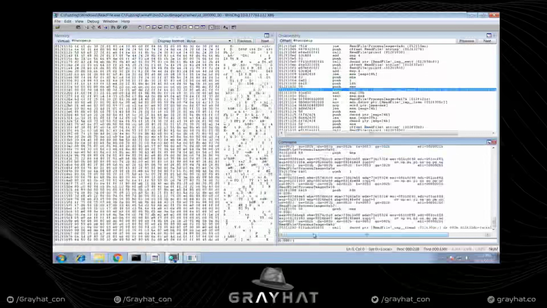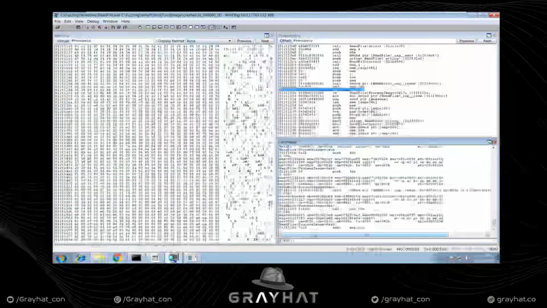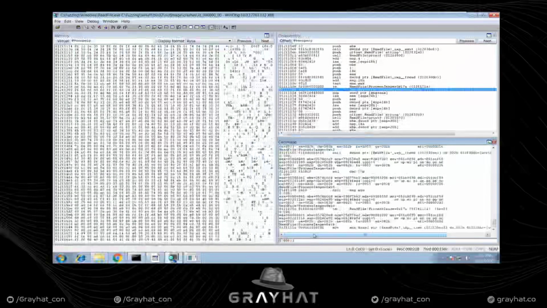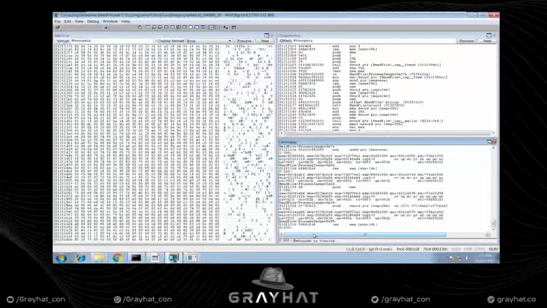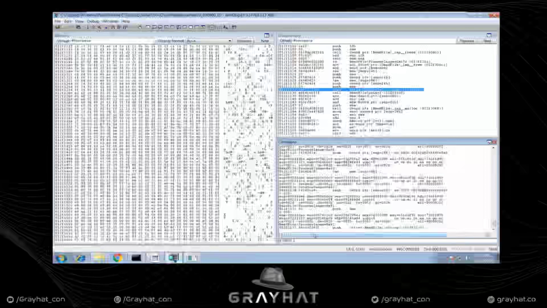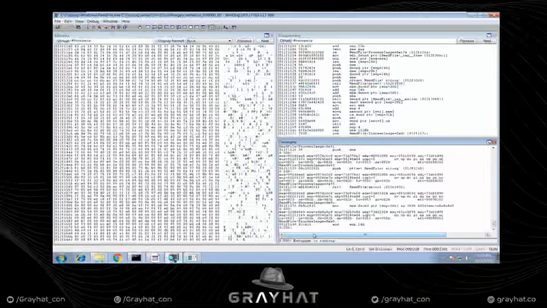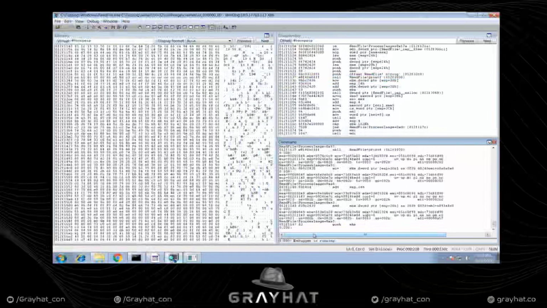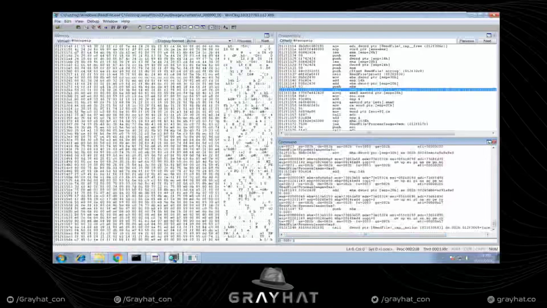You can see there is an fread call. It means that it is reading some data from the file. And then there is a free call over here. And you can see there is a malloc call. So let's see what is the argument being passed to malloc over here. You can see it's push ebx before the malloc call. And if you check the value of ebx, it is